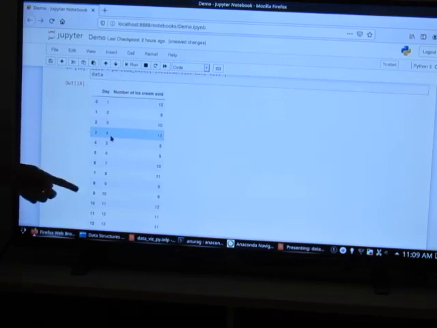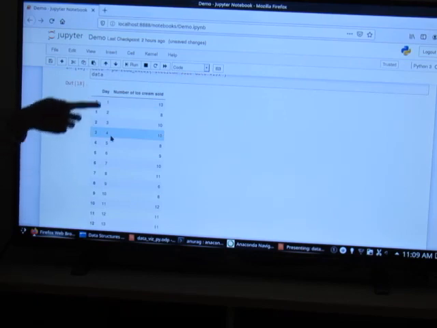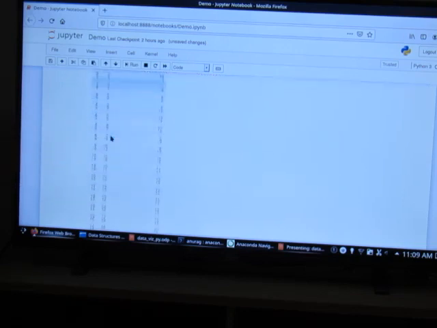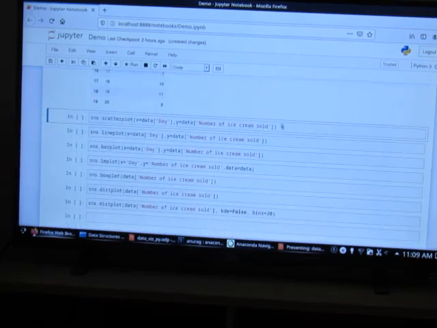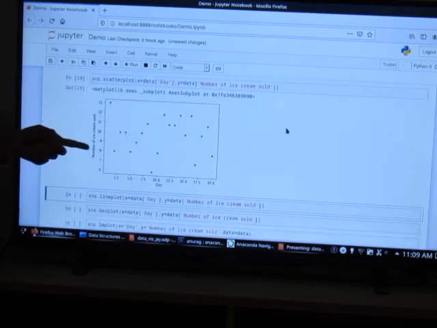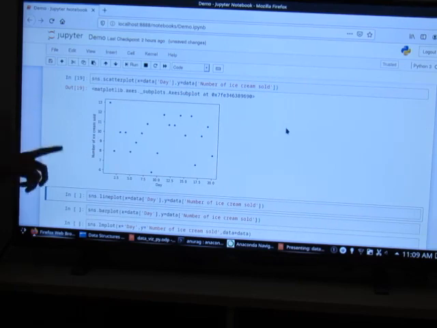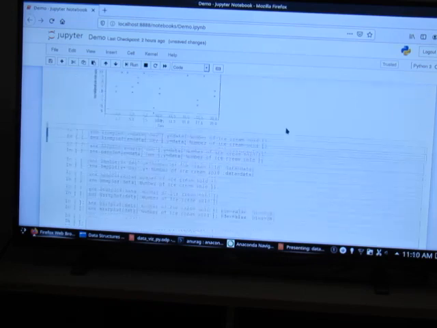The first column is the day number, and then how many ice creams were sold on that day. So first, scatter plot. You can see a scatter of all. The axes have been auto-generated. However, if you want finer control, you can set those parameters on your own.